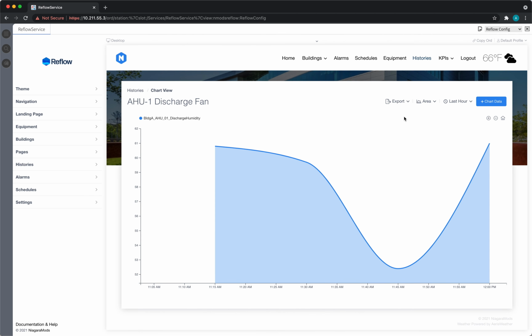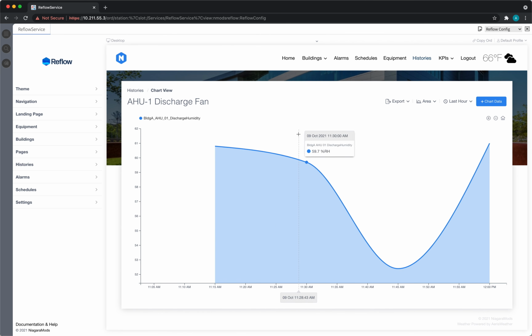Another change as a result of this is we've moved our export options, and those are now up at the top. They're a little more prominent when you're in the chart view. You still have access to all the same exports, and specifically our CSV export has been updated to where you can now export multiple lines or multiple series of data in a single CSV export, and that feature was requested by many users. Happy to say it's in 1.5, so it should save those end users a couple steps when they're trying to export